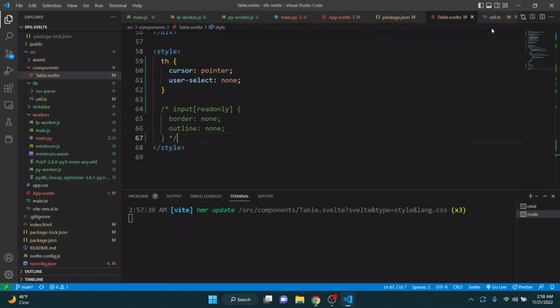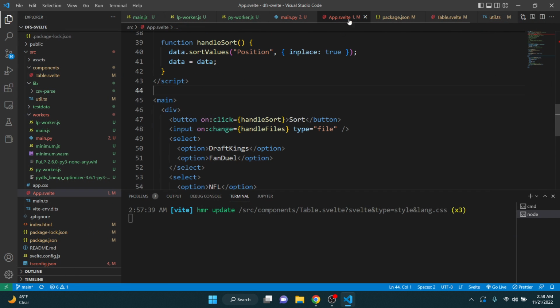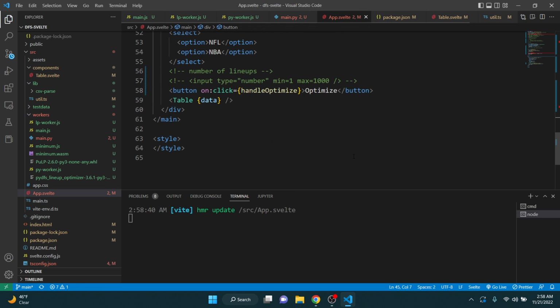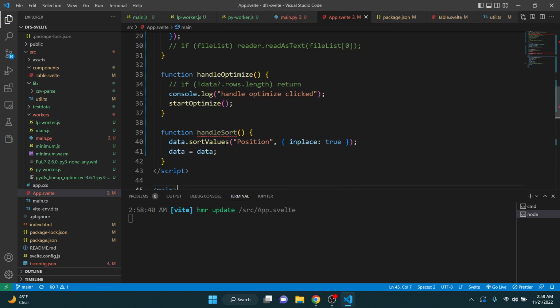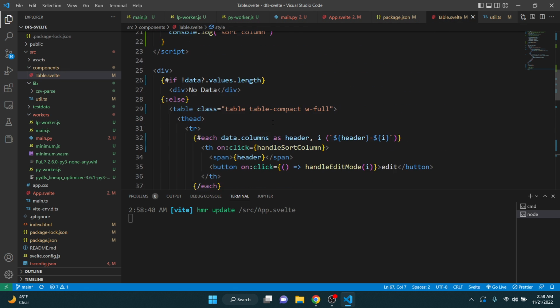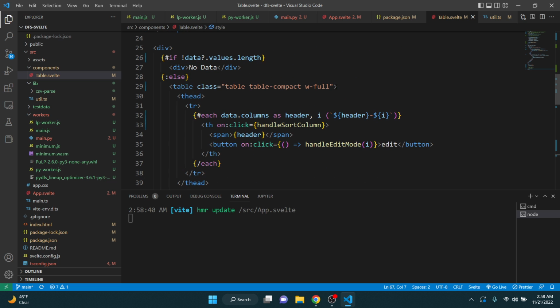Okay, yeah, let's get rid of that sort button too. Handle sort. So this is going to be called from here. First, before we do that, let's go with